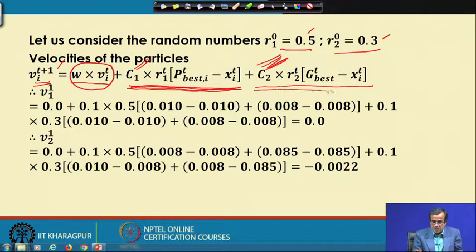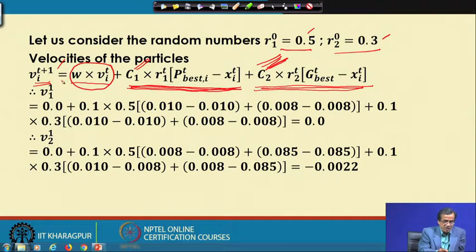The last component is the social component, which is going to ensure the global search of these design variables. Now, let us see, using these three components, how to determine the updated values for the variables, that is, the velocity.